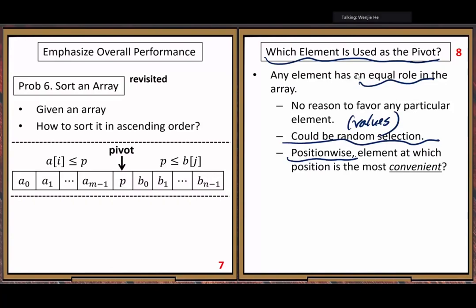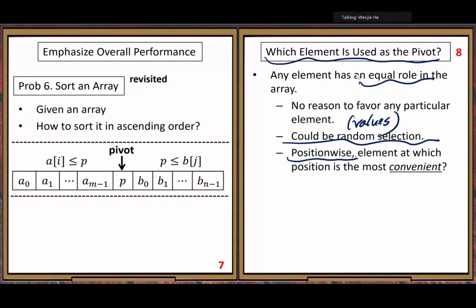That means we need to select the best position for our pivot element. Value, we don't worry; random selection, we can take it. But for the position, now we need to investigate. We need to do comparisons for the elements in all different positions.